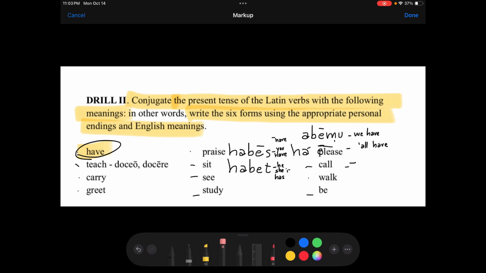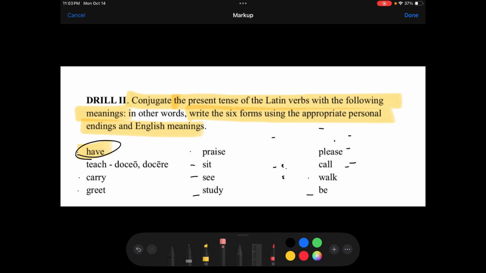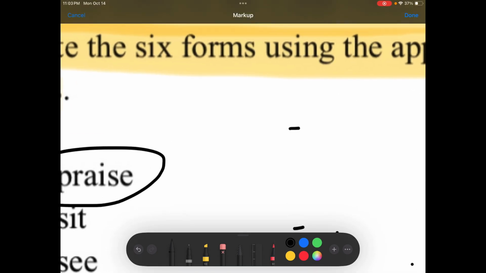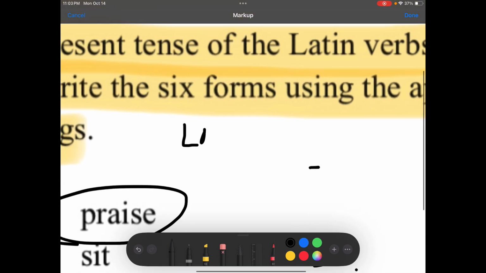Let's get rid of this one and try a first conjugation one. Perhaps one that we haven't seen yet. Let's see. Carry, we've seen. Greet, let's do praise. So, your Latin meaning of the word praise, of course, is laudo, laudare. So it is a first conjugation verb. Let's do the 6 forms and then their meanings. Laudo,